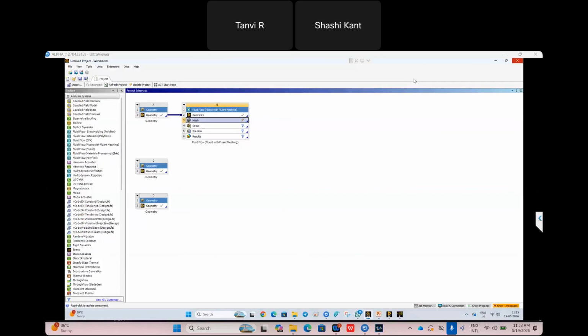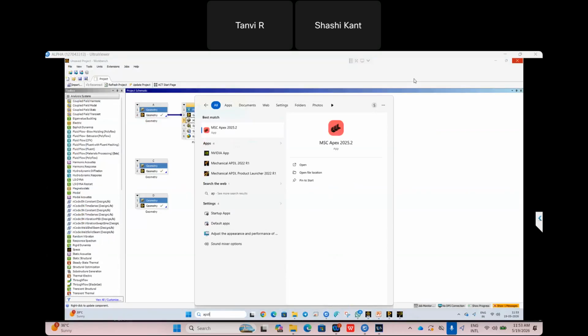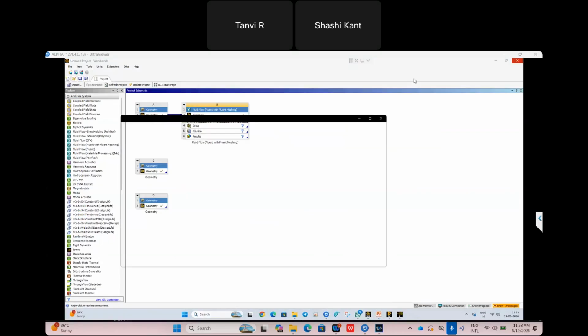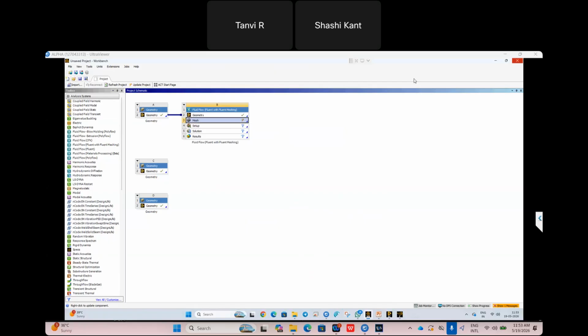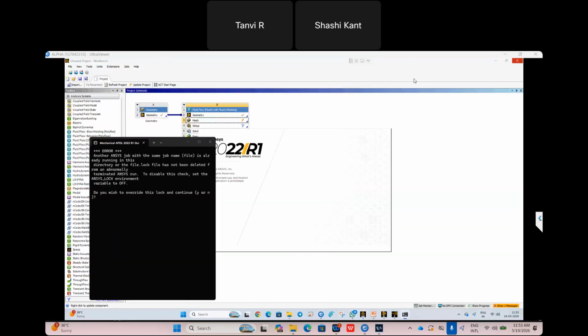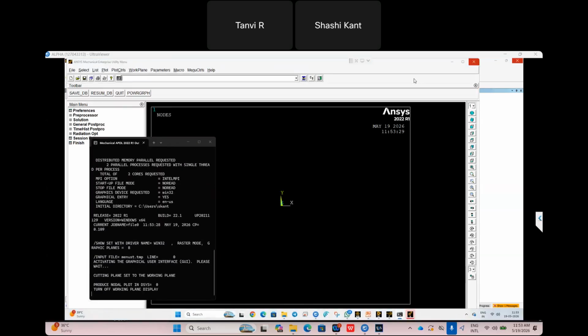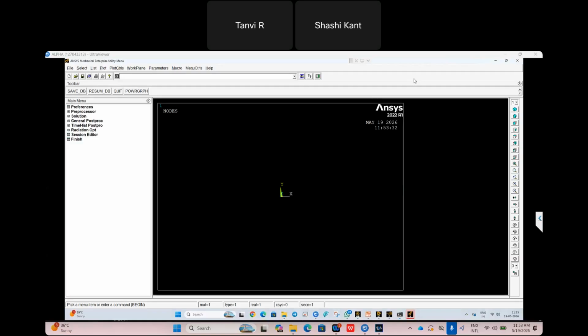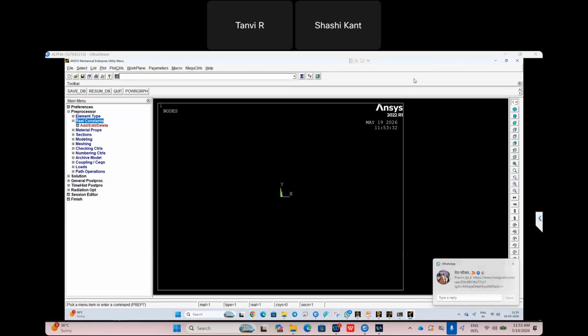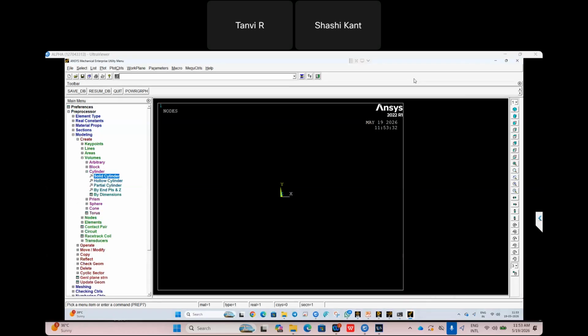So we have APDL, Ansys Parametric Design Language. APDL is generally called the classical Ansys. In that, you need to follow specific steps and specific codes, which help you develop the model or simulation. It looks like a very classical version. Let's suppose you want to create a specific geometry, so we have these types of options. Or let's suppose you want to create a specific type of, just 1 second, let me give you something.